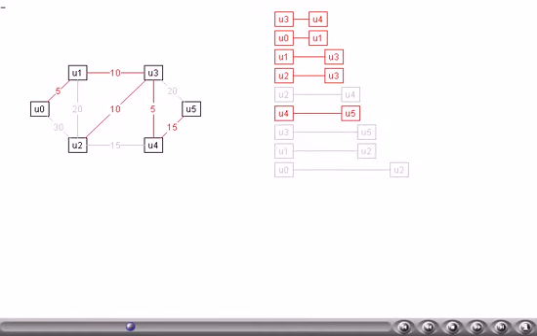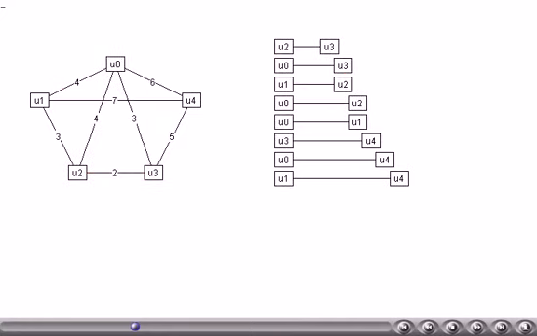In the graph, there are 6 nodes, thus we require a minimum spanning tree with 5 edges, that is 6 minus 1, 5 edges. By now we have already selected the smallest 5 edges. They are u3, u4, u0, u1, u1, u3, u2, u3 and u4, u5. So this is the minimum spanning tree of this graph.